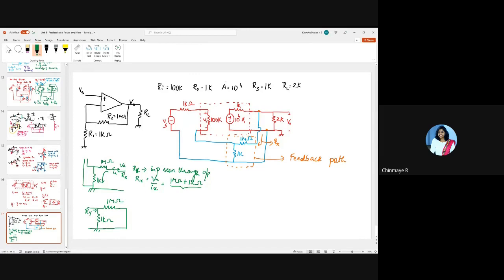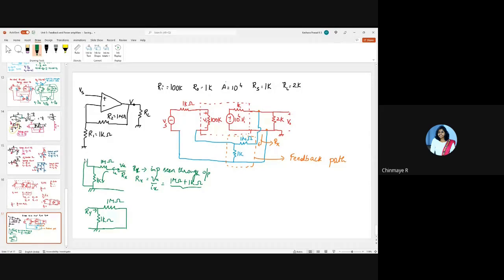Whenever the resistance is connected in series, you leave it open circuit. Whenever you see the resistance connected in shunt, you short it. Okay. So now why should you do that? Because let's say you short it here, even though it's connected in series. Then the effect of this 1K on the output impedance is getting masked, right?